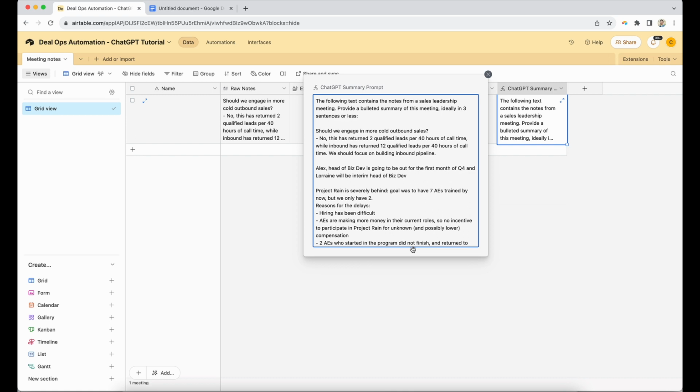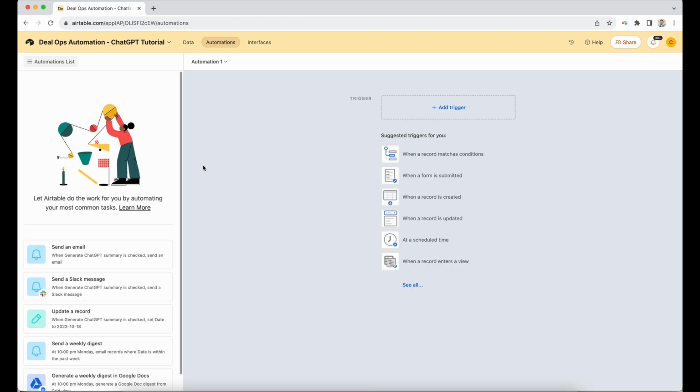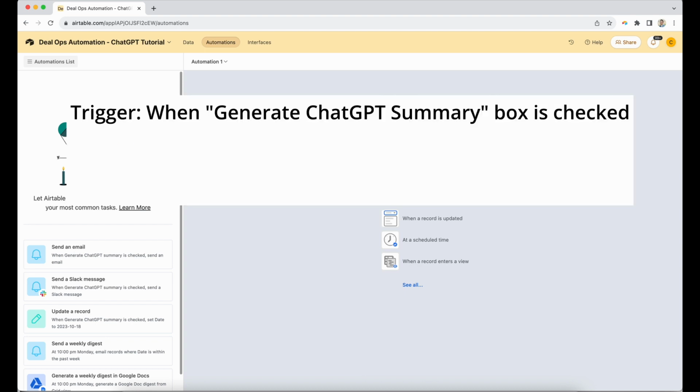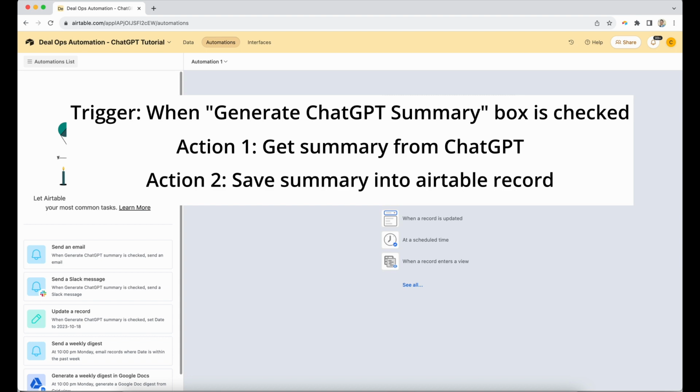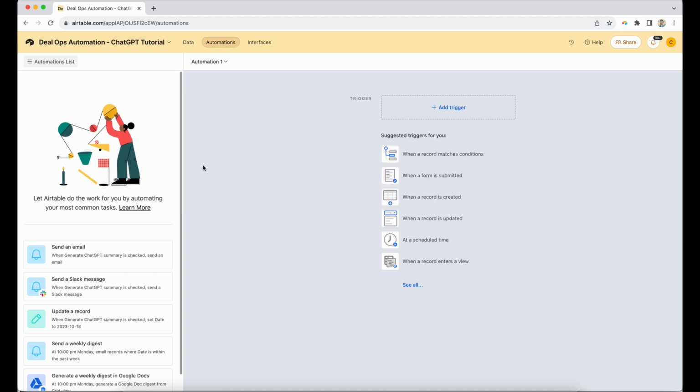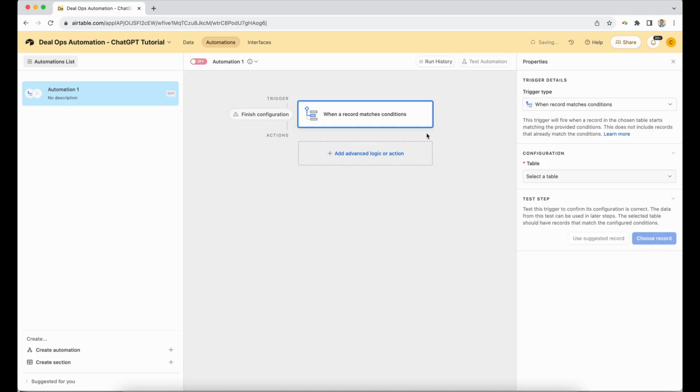Now let's go ahead and set up the automation that will actually allow us to generate these summaries from ChatGPT. Now let's go to the automations panel. Now for this automation, the logic is going to be as follows. When the generate ChatGPT summary box gets checked, we first tell ChatGPT to give us a summary of the notes, then save that summary from ChatGPT into the Airtable record. So for the trigger, I'm going to choose when record matches conditions, and the condition is when this checkbox gets